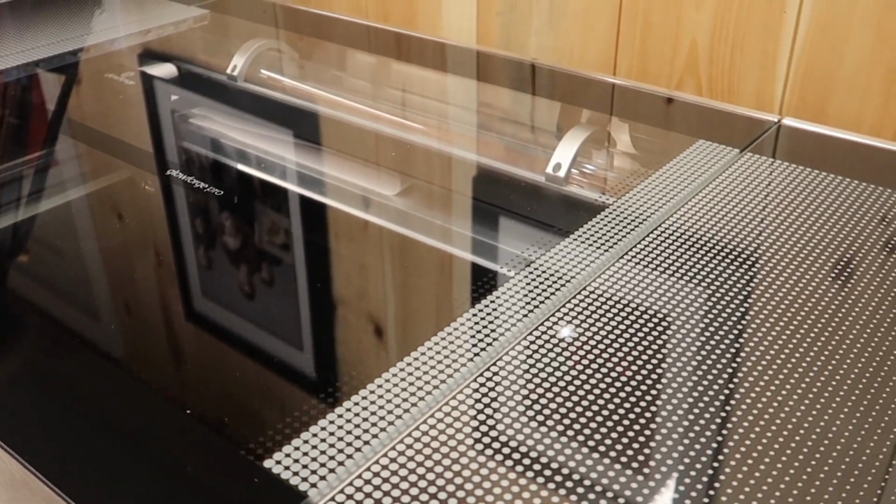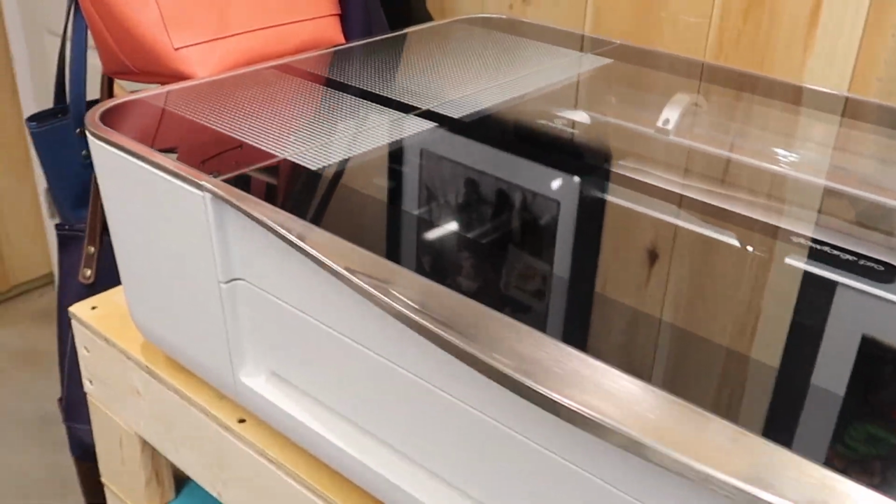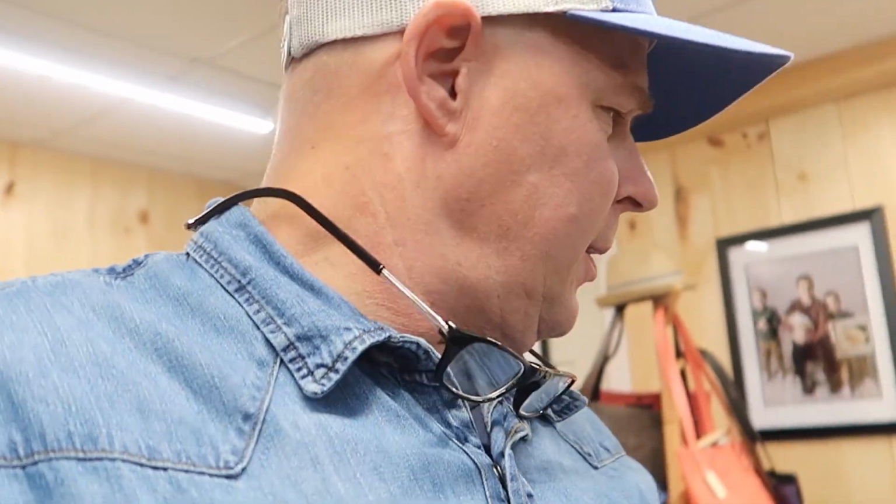That's about as loud as it gets in here. So the Glowforge, a lot of people complain about how loud it is, and it's because of the internal fan that you can use if you were going to vent this thing right out. Like, let's say that you have it in your dining room or living room or someplace and there's a window by, they give you a hose that you can connect on the back of it and then stick it out